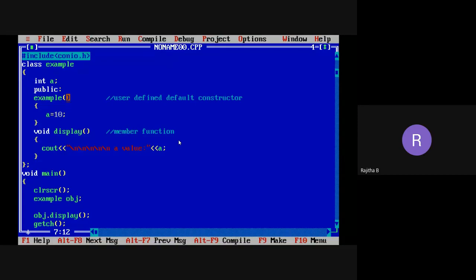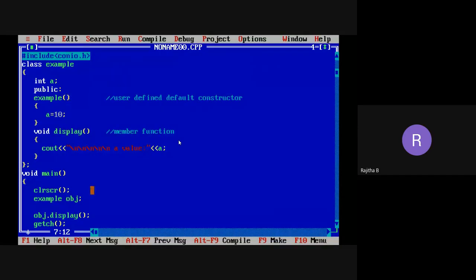Now how to take the parameters? I'm just modifying this same program, so listen and observe carefully. At the creation of the object statement, I'm taking the parameters. How to pass the parameters to the constructor?